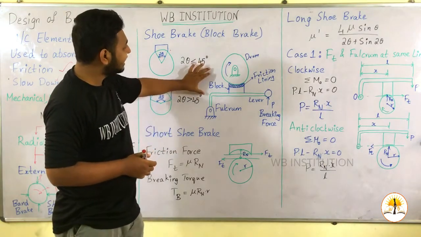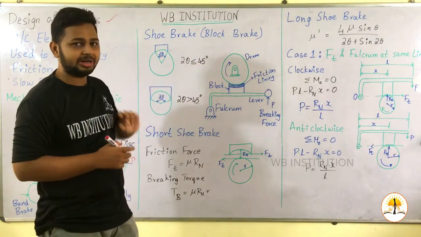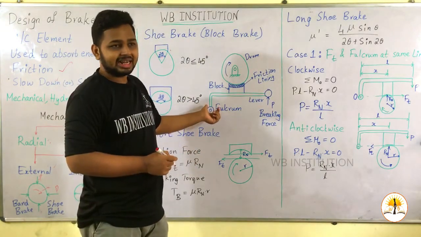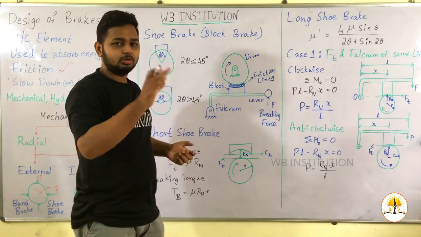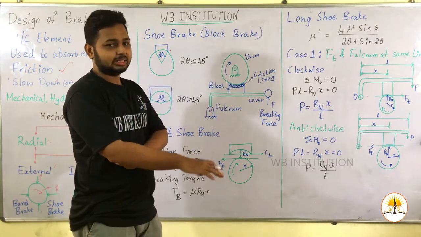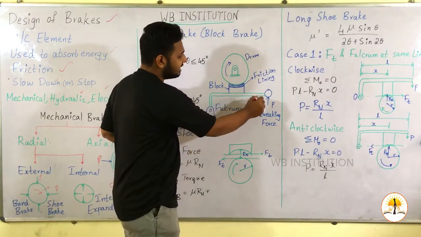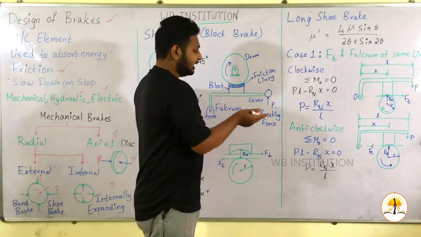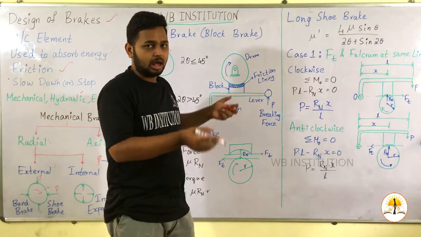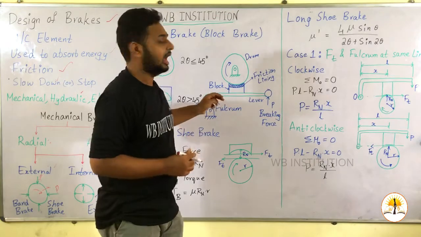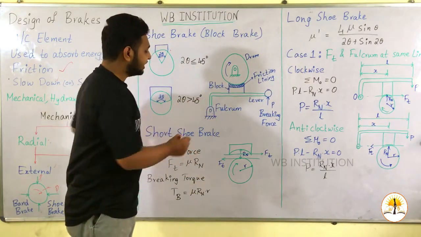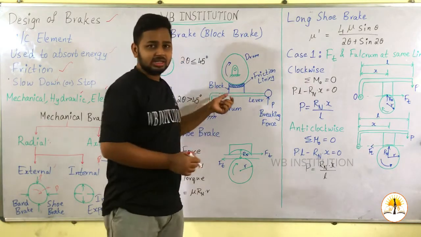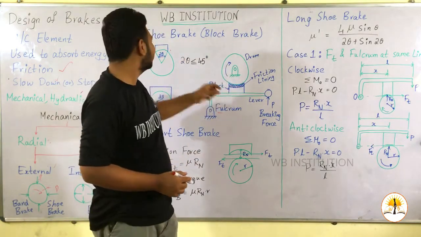So this is an example of a shoe brake, and how it operates. Here is a fulcrum, which is a rivet, or we can say a pivot, which can operate with to and fro motion with one fixture. This is connected to a lever and a pressure is applied at the end of the lever, so it will move with respect to the fulcrum, depending on the direction in which we apply the force. Now on the lever a block is fixed, which we call the shoe brake.